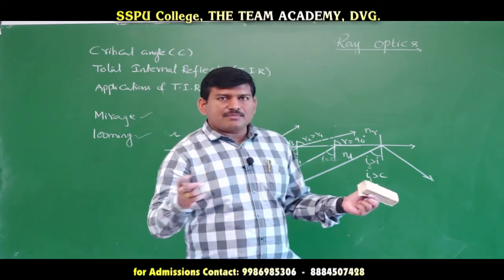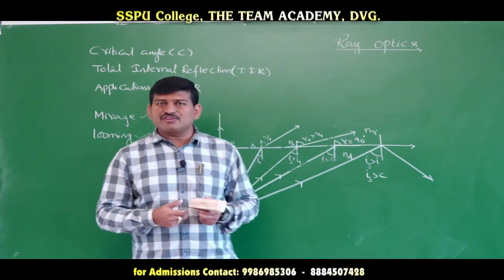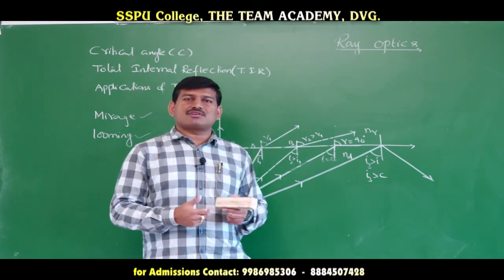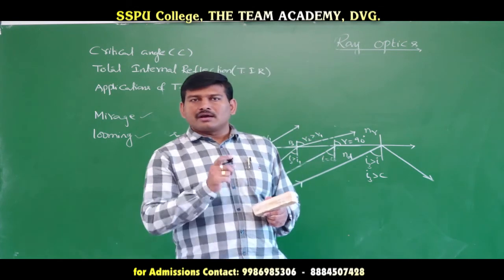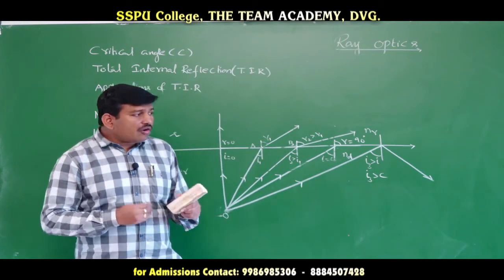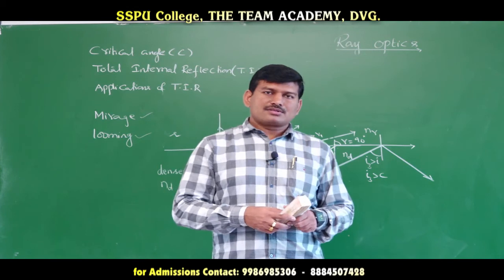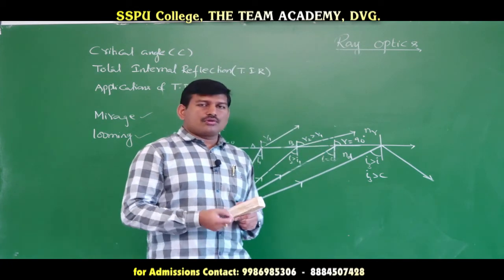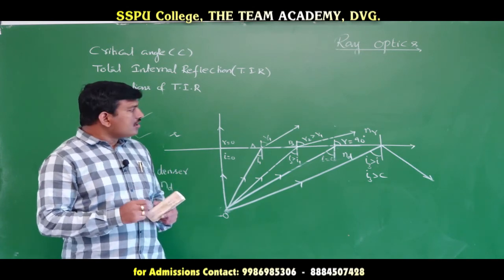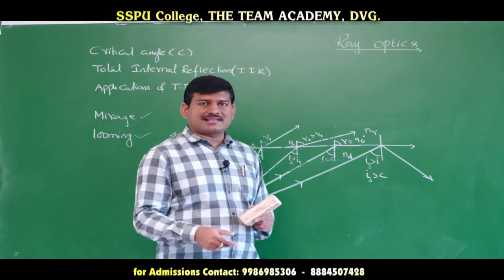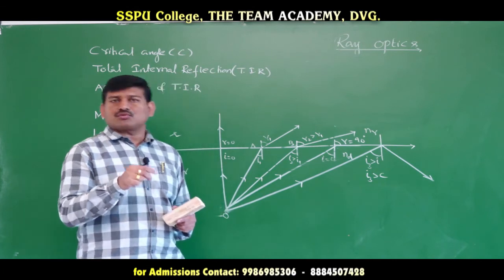So in nature, we will be observing the rainbow. Rainbow is because of which phenomenon? You may answer my question as because of TIR, but it is not the complete answer. It is a part of the answer. Rainbow is because of the involvement of refraction, dispersion and total internal reflection. So for the rainbow to be noticed, not only total internal reflection should be there, there must be dispersion and refraction also. We will discuss this rainbow in the coming classes, but remember that for the formation of rainbow, total internal reflection is also involved.